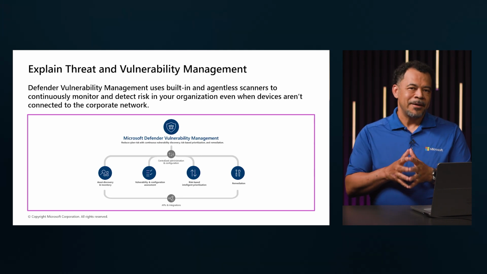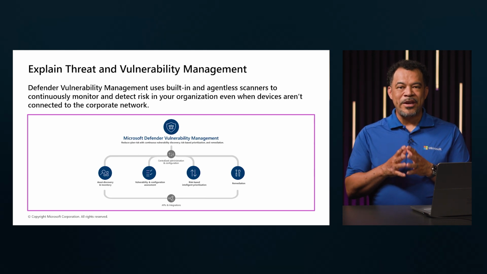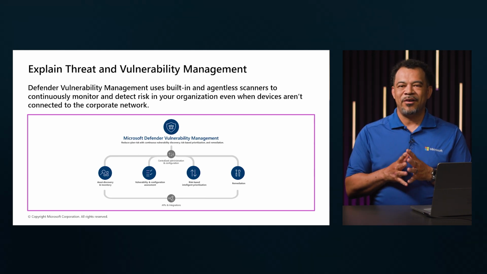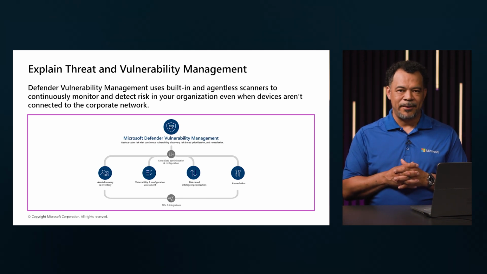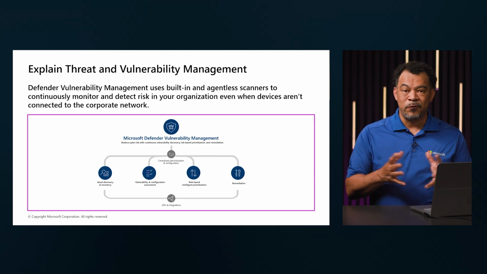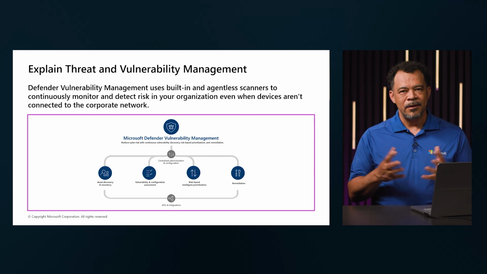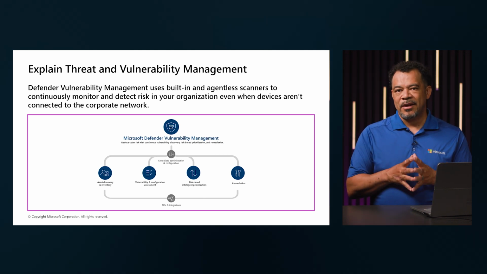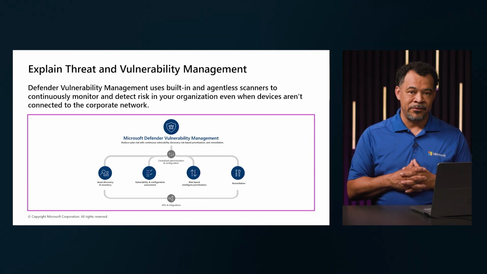At the core, it starts with asset discovery and inventory, making sure we know exactly what's in our environment. Then it moves into vulnerability and configuration assessment. Identifying misconfigurations or outdated software could be something that poses a risk within your environment. From there, we have centralized administration, which gives us a single place to manage settings and policies.